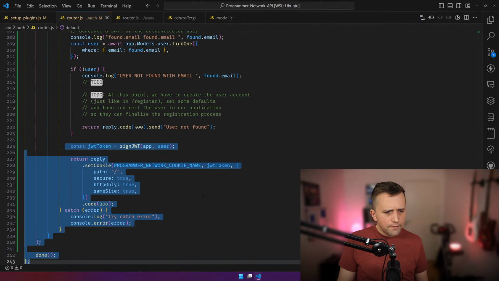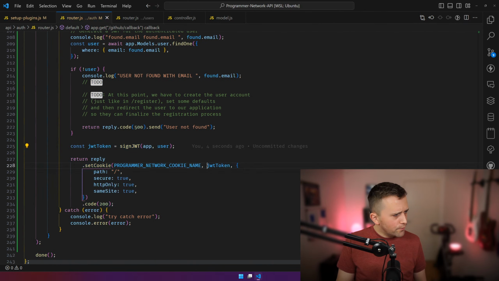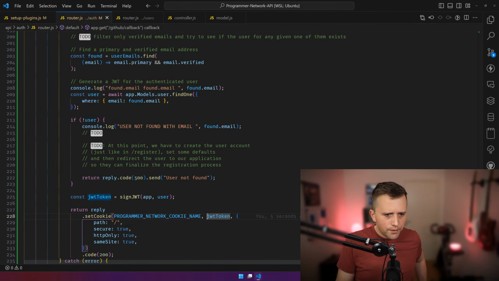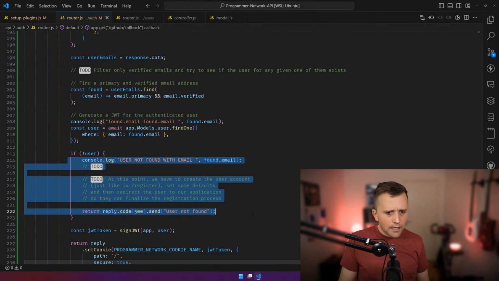Everything beneath here is done, so this already works. If we do find the user, we sign them in as in the regular flow. What's left is to cover this thing here and then update the